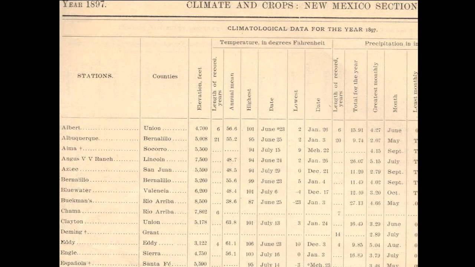What's the difference between weather and climate? Well, we've been taking data for a number of years in New Mexico. Not a lot of places have been taking data for more than 120 years, but there are a few locations. Here's an example of the climatological summary for 1897. The second line here, Albuquerque, they had actually been collecting data for 21 years by 1897. And just as an example, for that year the high temperature was 95 degrees on June 25th, 1897. So at a few locations, we've been collecting data for a number of years. So how does that help us answer that question?